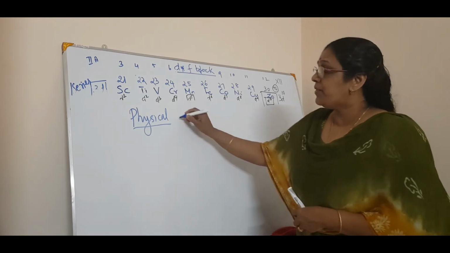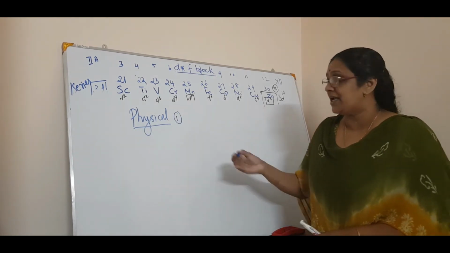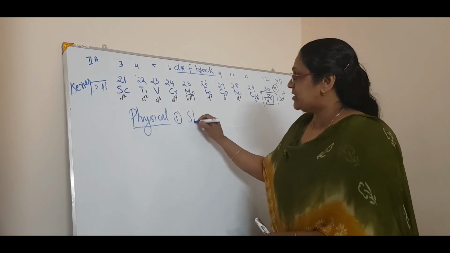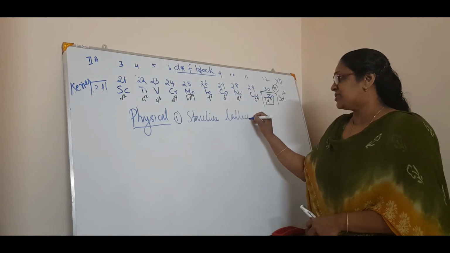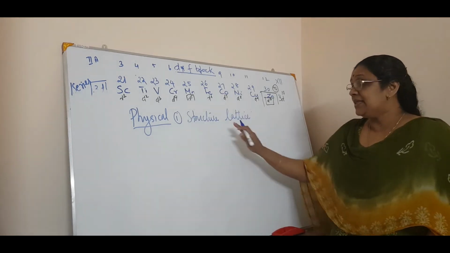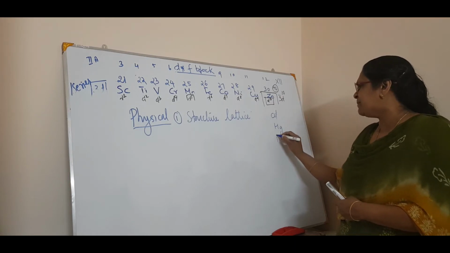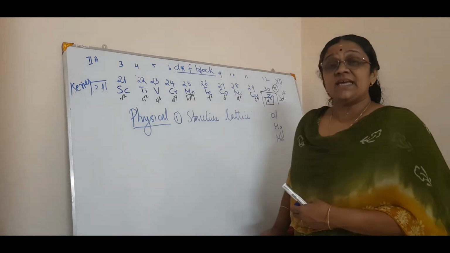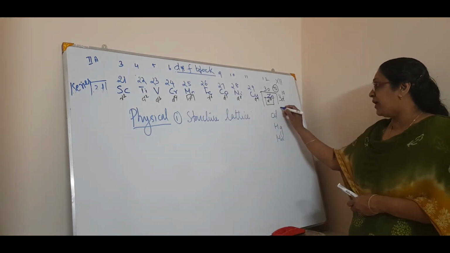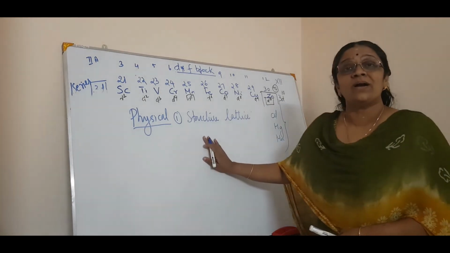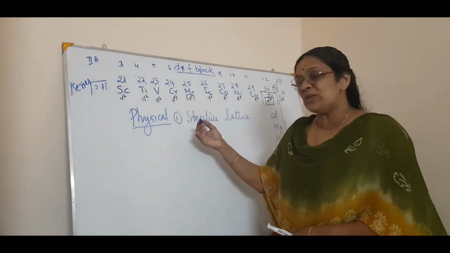But one property you haven't studied, you will study in the solid state, the first chapter. That is about the structure, the lattice, or the structural lattice. In this, the exceptions are zinc, cadmium, mercury, and I think manganese also. These four elements have more than one lattice. Lattice you will study later.